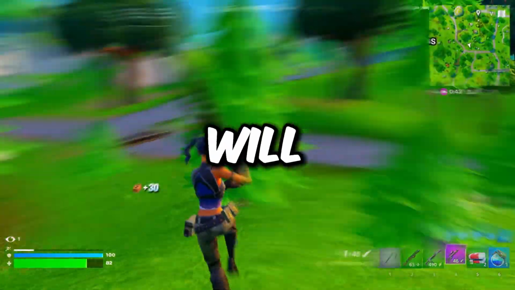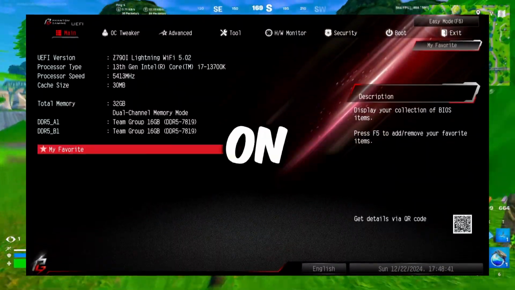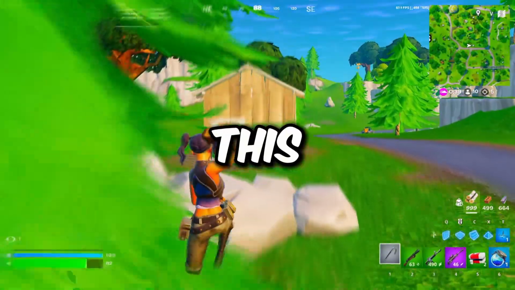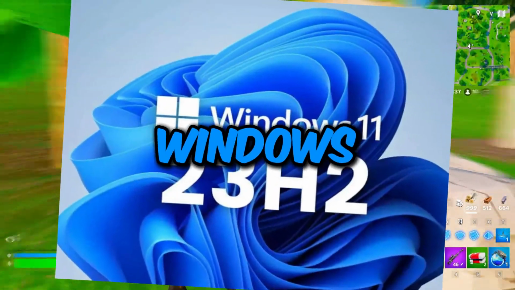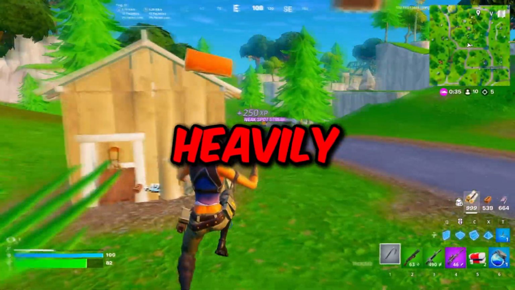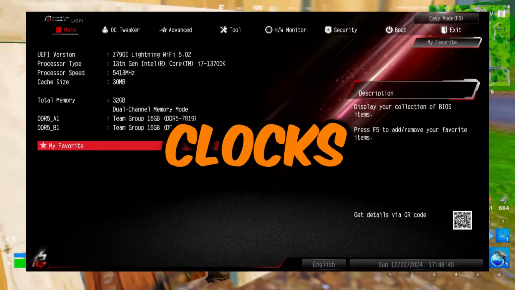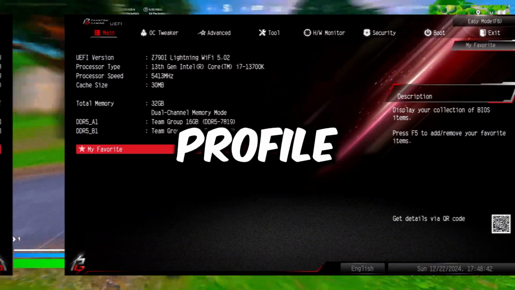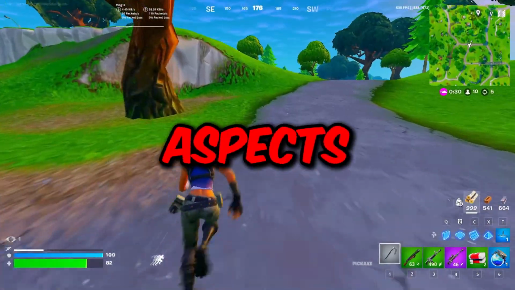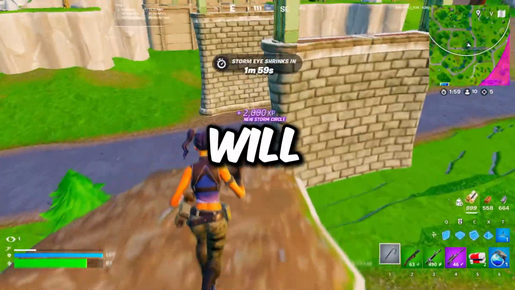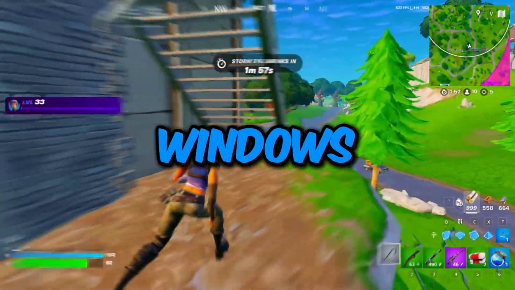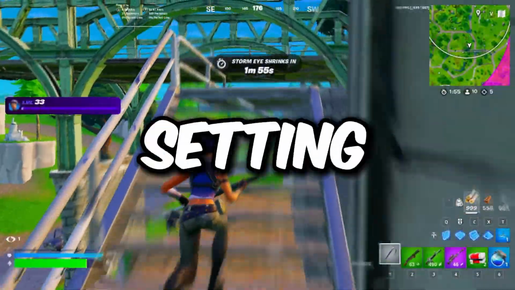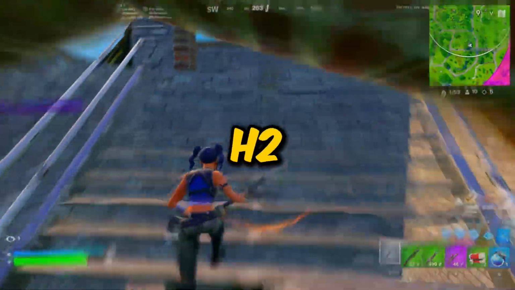as my own. I also will be using the same BIOS profile on both Windows installations. This is very important because my default Windows 11 and optimized will not be heavily influenced by BIOS settings and overclocks due to the fact I'm using the same profile, but this will also hide some aspects of this test since some BIOS settings will override some of the stuff that is changed in Windows. Enough of the complicated details, let's just get on with setting up the default Windows 11 23H2 installation and seeing